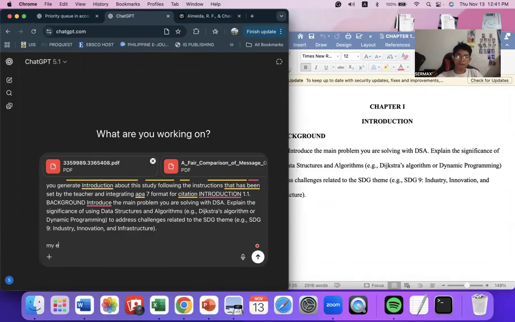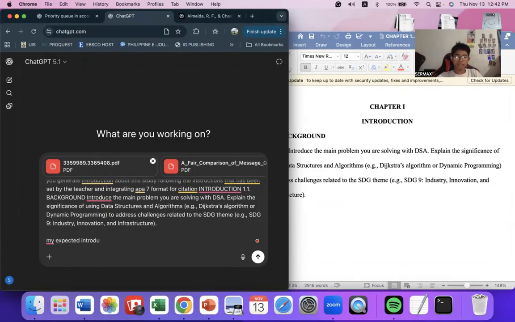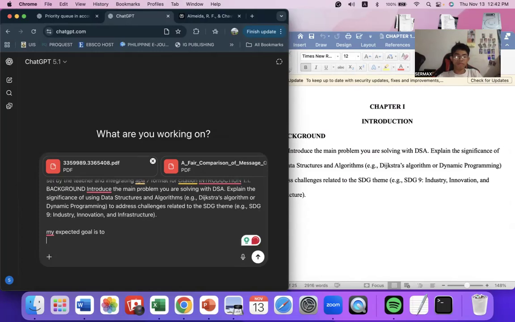My expected goal for the introduction, for example, is that you have to picture out what the prospect of your study will be. Say that, since the accounting office is not really organized,